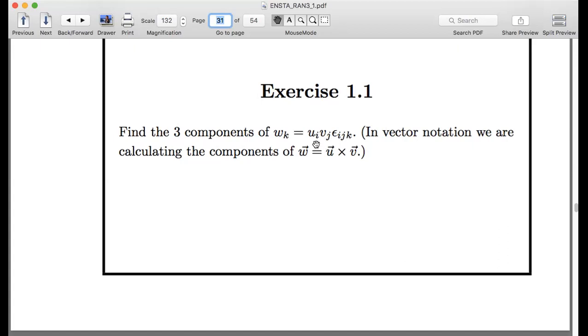We've set k equal to 1, and we've just said that i should be 2 and j is 3, or the other way around. So we have U2 times V3 times epsilon 1, 2, 2, 3, 1. Now we have to look up the values for the epsilon when it's 2, 3, 1, and you can convince yourself that this is an even permutation